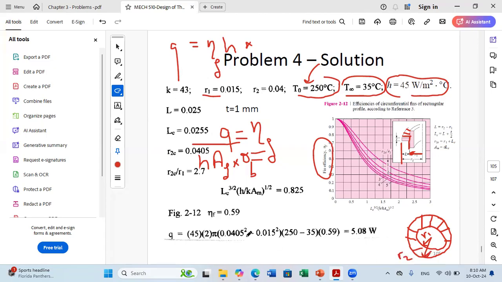So I can say that the frontal area A_F is equal to 2 times, because I need to take the upper and lower frontal area. Both are exposed to the ambient conditions. So 2 times pi